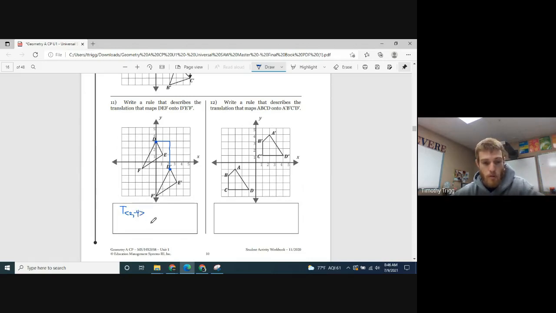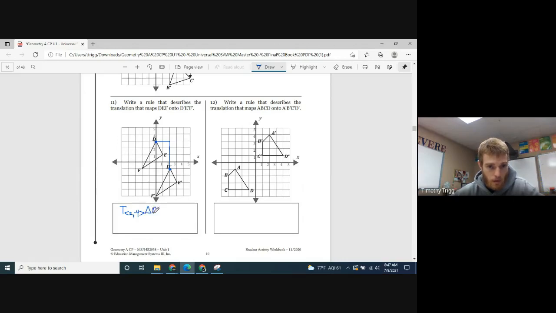So negative 4, since we're moving down 4. From E to E prime should be the same. From F to F prime should be the same. You can check. So from E to E prime, 2 to the right, and 1, 2, 3, 4 down. Okay. And then we would put